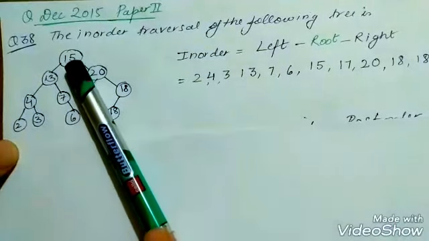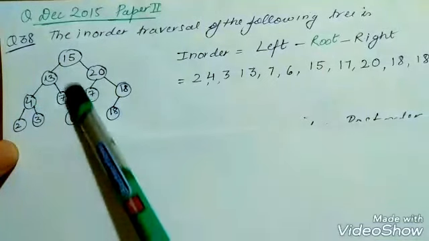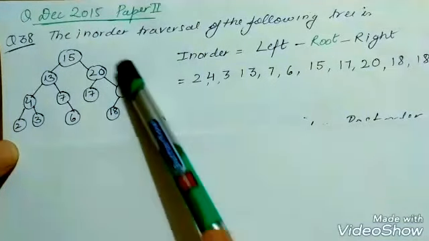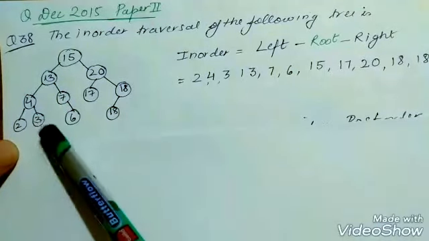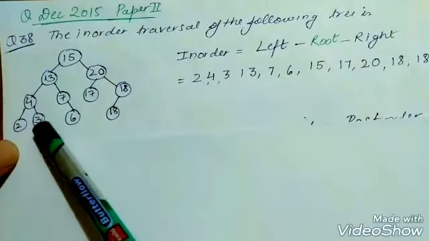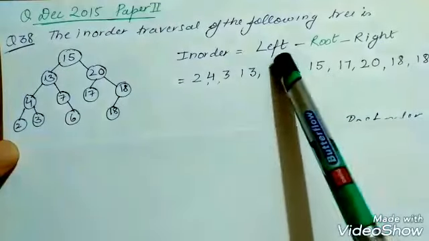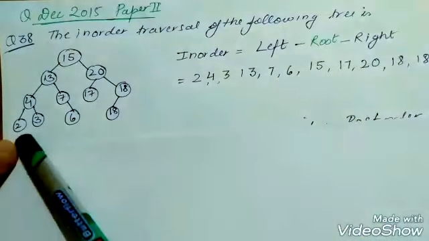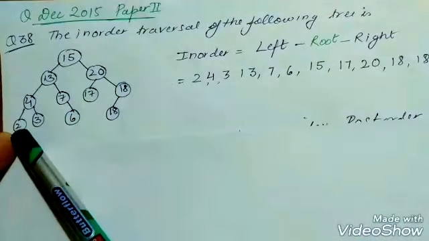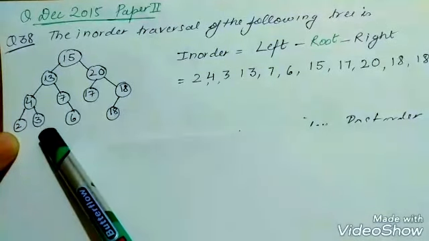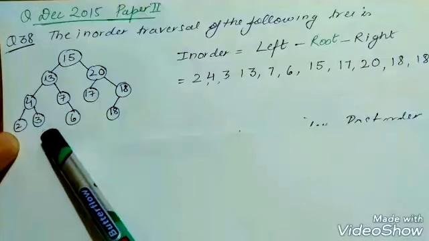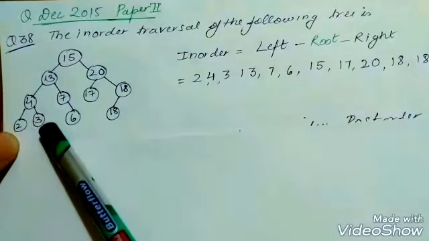As we know, this is our main root. So this is our left subtree. This is our right subtree. So the nodes in the left side will be traversed first. And even over here, what formula are we going to apply? This left, root, and right. So we take left, 2 is in the left, then 4 is the root, and then 3 is our right. So we take 2, 4, 3.